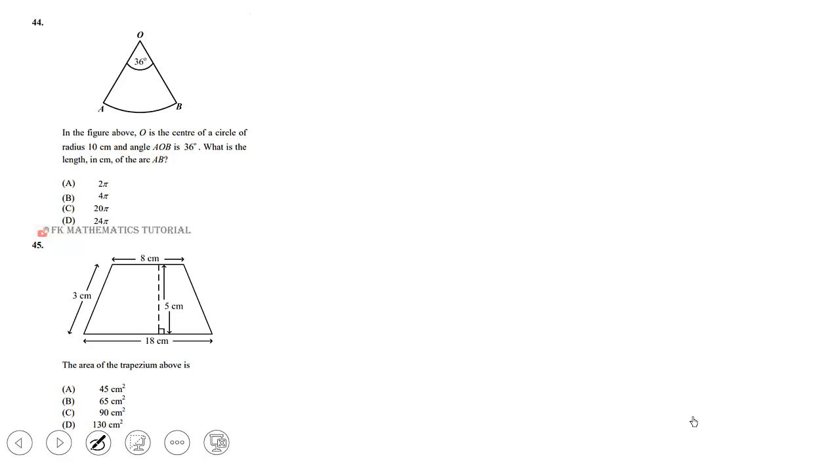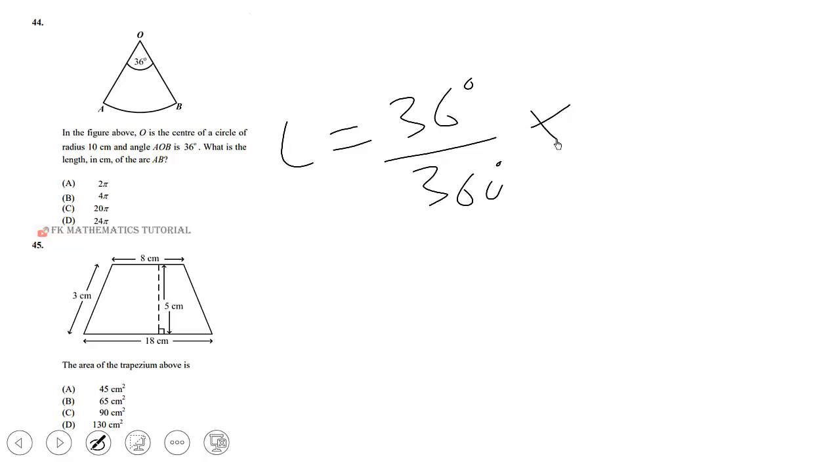In the figure above, O is the center of a circle of radius 10 centimeters and angle AOB is 36 degrees. What is the length in centimeters of the arc AB? So length of an arc is the fraction of the angle over the whole angle in a circle times the circumference of the circle